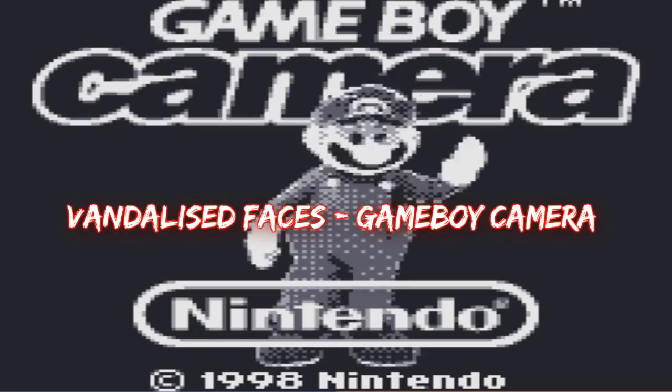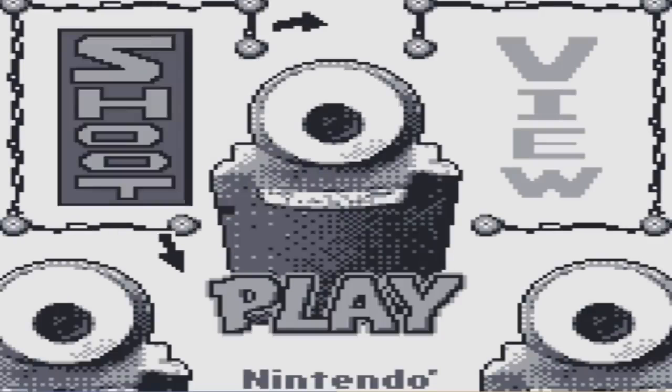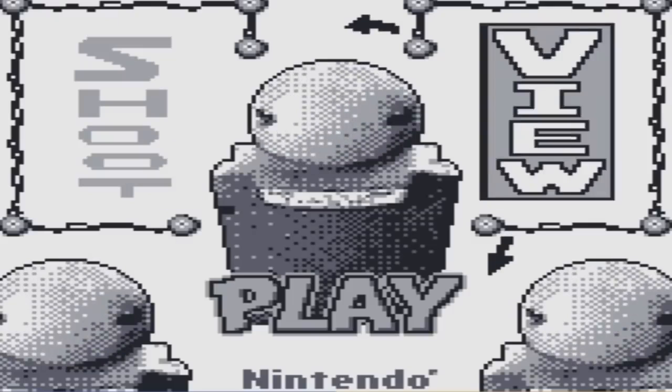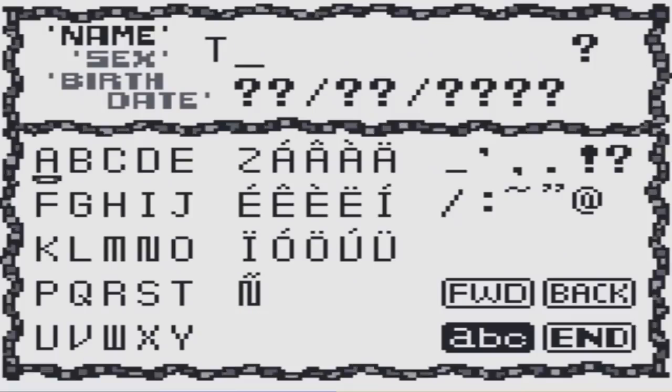Vandalized faces from the Game Boy camera. The Game Boy camera allowed you to take a picture of yourself and edit it. While a nice addition, it was rather useless because the Game Boy screen was very small and the screen resolution was grainy and did not support color. It didn't sell very well